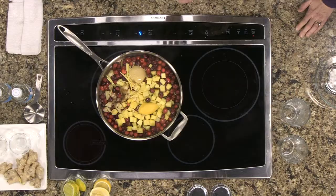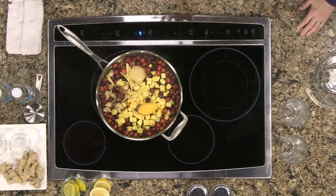Wow. And then you just let it cook down. And once the cranberries pop and they start to melt a little bit, then you're fine. You don't want to overcook it. You still want a little bit of bite and a little chunk in there. And it's fantastic. Okay, so the thing that got my attention was we can make a